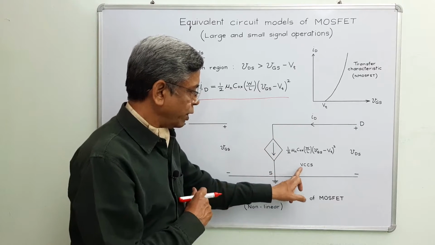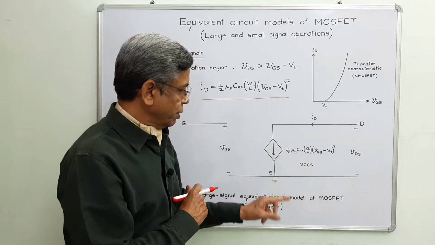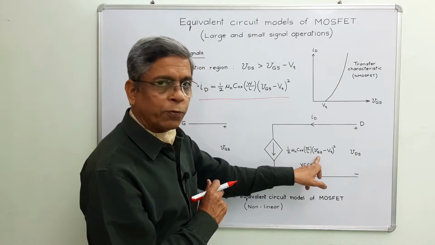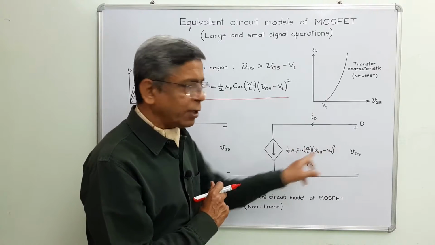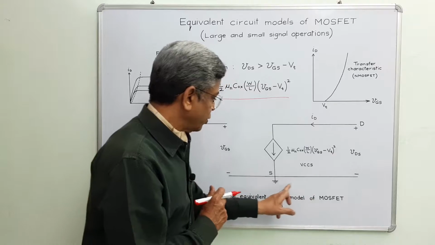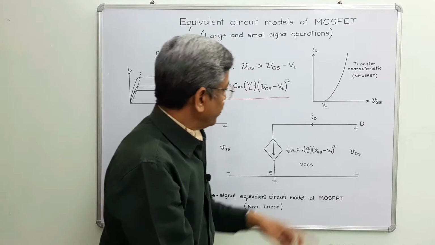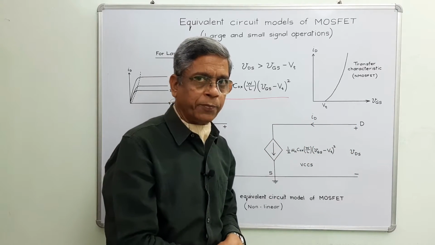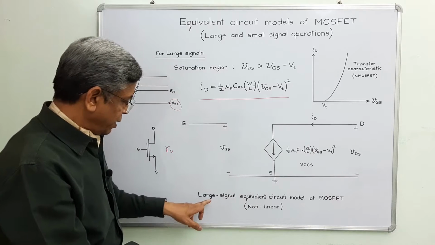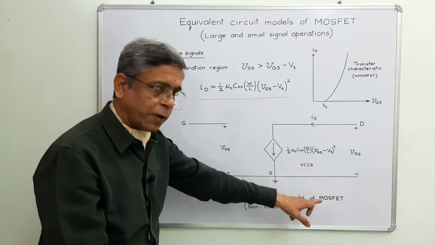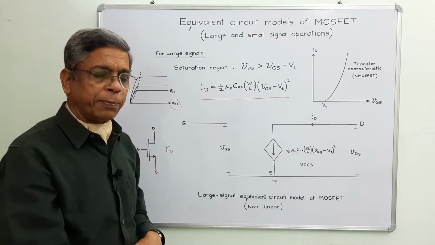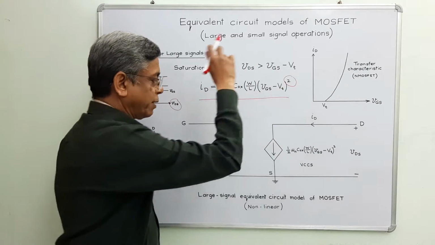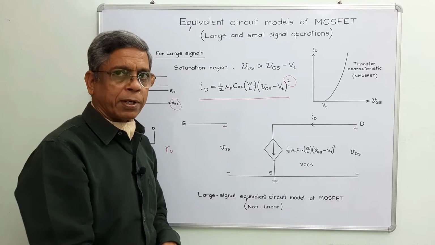So this is a voltage controlled current source, and this is the expression for current, which entirely depends upon the input voltage VGS, and it does not depend upon the potential difference between drain and source. These are two output terminals, and this is the drain current. This is the direction of drain current from drain to source for N-MOSFET. So this is in fact the large signal equivalent circuit model of MOSFET. This model entirely depends upon this expression, where this factor indicates this model is nonlinear in nature.